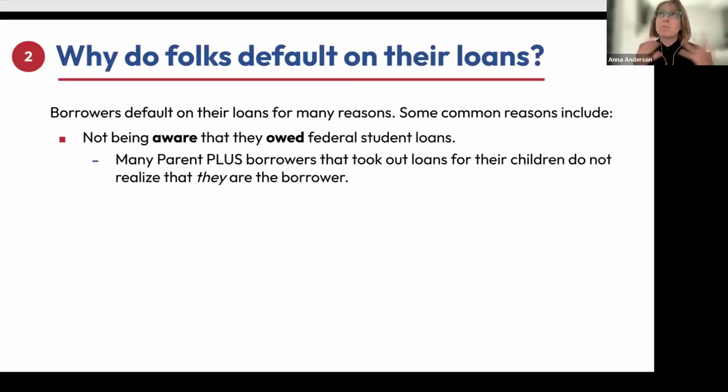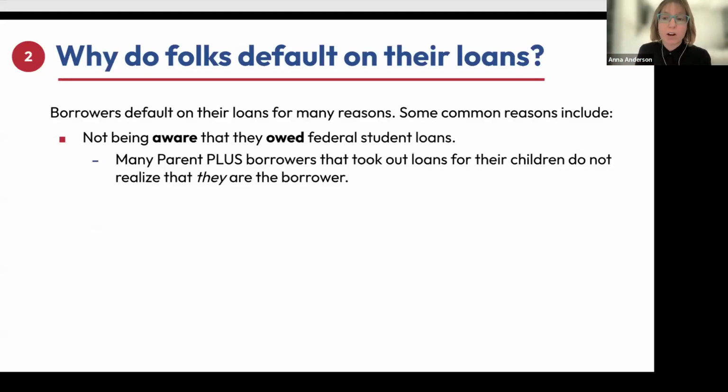So when people talk about defaulted student loans, there are a lot of reasons that get thrown around of why that should not happen, and this is really the borrower's fault. But we just want to emphasize that there are a lot of reasons people fall behind on their student loans that aren't their fault, and they're really just trying their best to manage their student loan debt. So some of the reasons why people might fall behind on their student loans and default on their student loans is that they just really aren't aware that they actually owed on these loans in the first place.